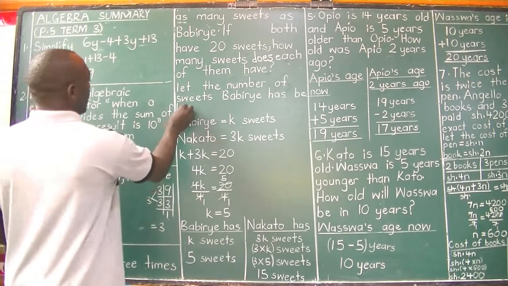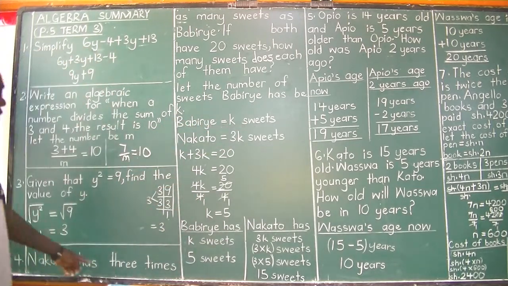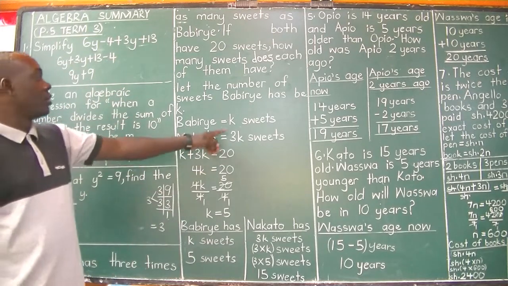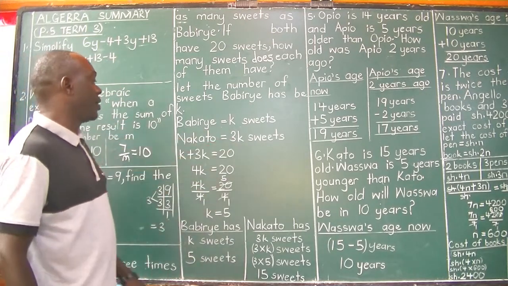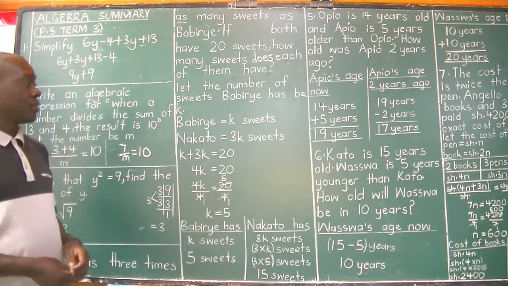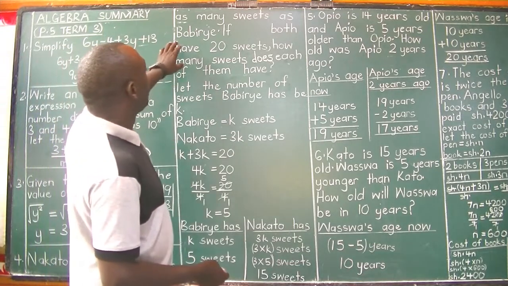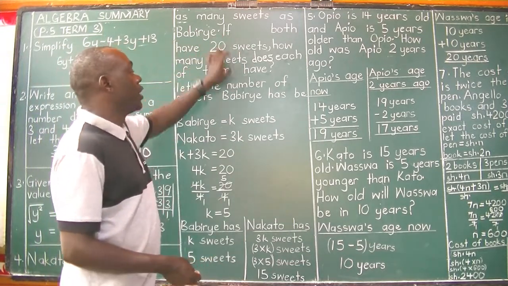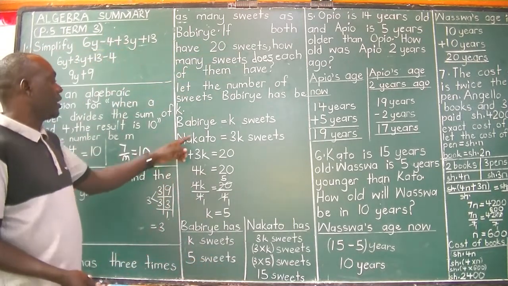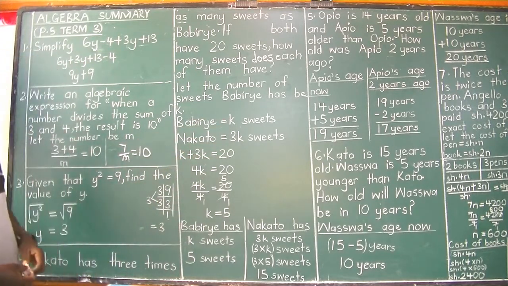Now choose K, so that when Babylon has K sweets, Nakatu has got 3 times Babylon's. So 3 times K is 3K sweets. So if Babylon has got K, then Nakatu has 3K sweets. Now, if both have a total of 20 sweets, therefore we say K plus 3K is equal to 20, thereby forming that algebra equation, which you are going to solve to find the value of the unknown K,